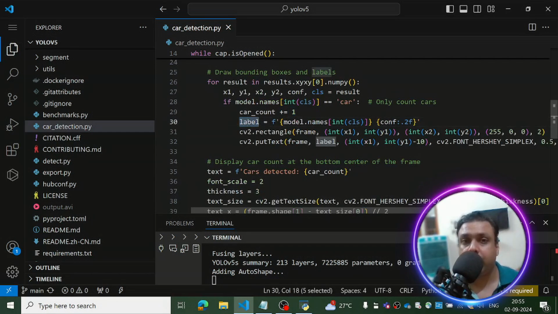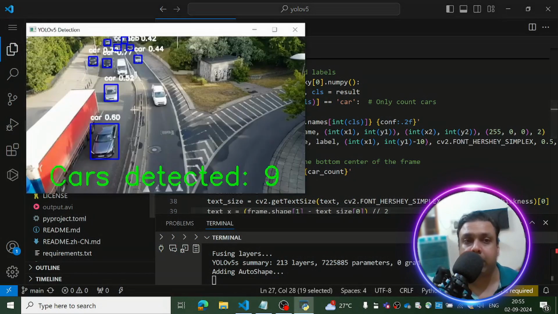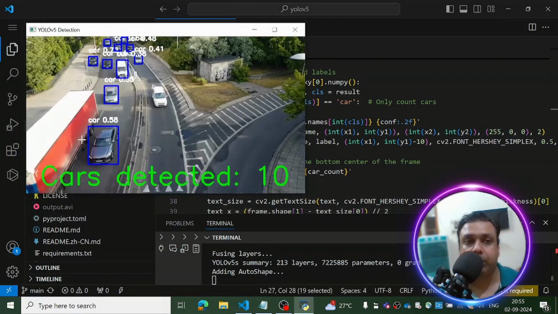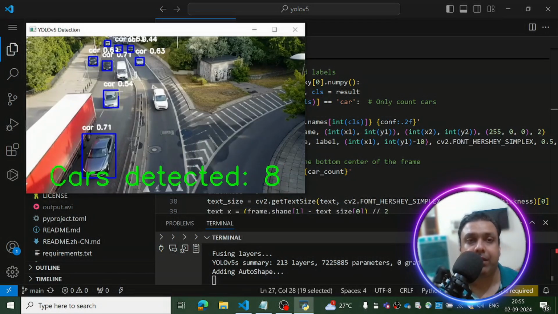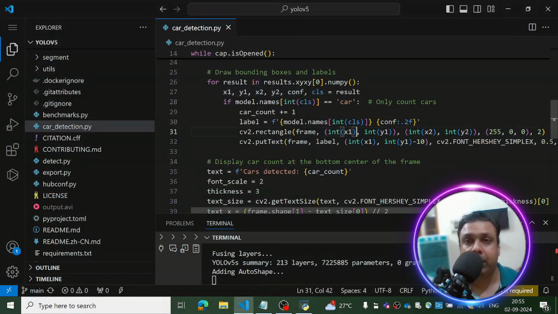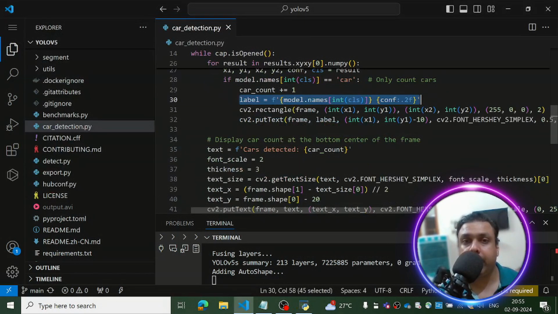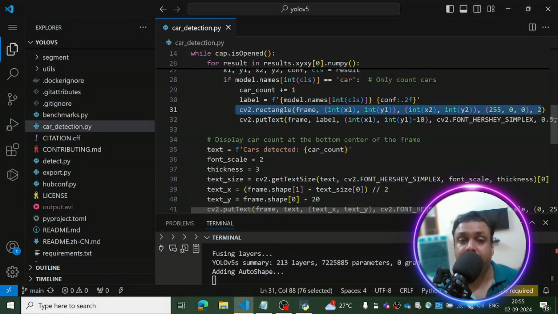Then we are also putting a label on this box. So the labels which you're seeing on the top of these blue boxes, car 0.69, 0.75, these are accuracies basically, which is coming from here. And then we have this rectangular frame. So this is the code which is actually helping us in drawing that rectangle.